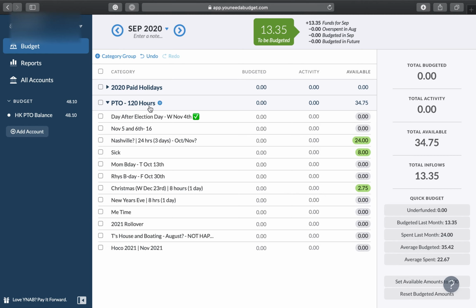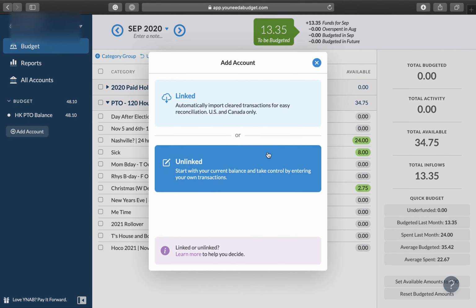So once you come up with ideas for days that you're going to want to take off, put them all in there. And you can add to this list, delete from this list, or hide from the list as time goes on. And then what you're going to do is you're going to come over here, you're going to add an account, unlinked,